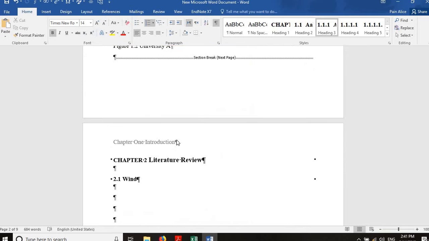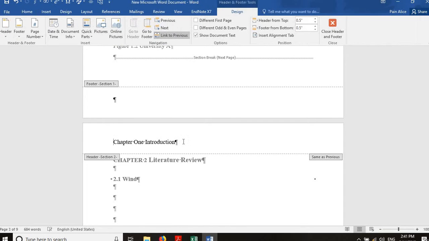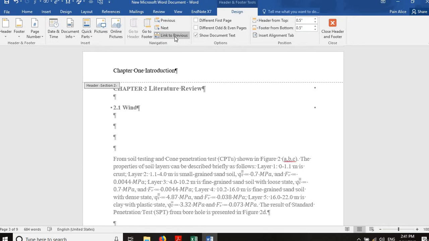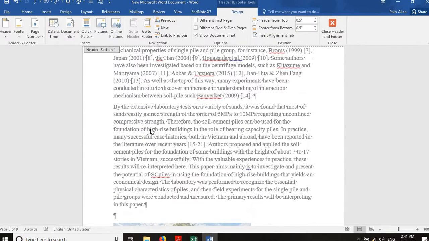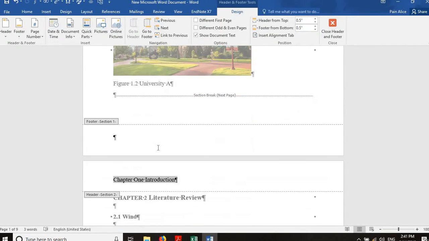And when you go to chapter 2, eliminate this feature. Press on it so you will disable it. Now, since you have disabled it, that means whatever you write in this chapter, it shall never affect the previous chapter. Let us demonstrate. This is chapter 2,